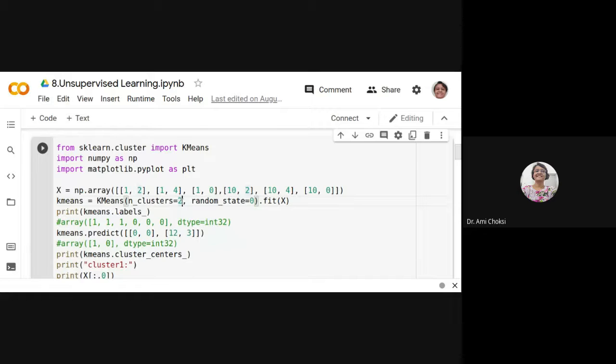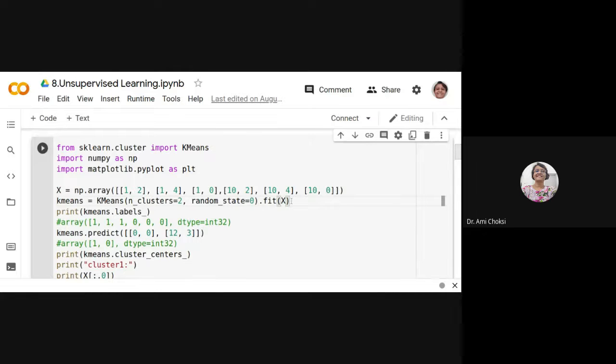That means we want to create two clusters. random_state equal to 0. This we are specifying as we want to start from state 0 only. If we want that it should start from a particular state, then that we can provide. But typically we are using it as 0, dot fit(X).